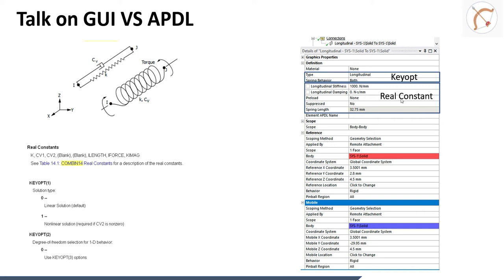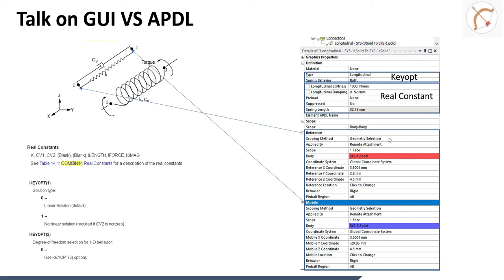If we compare to the left hand side, the first real constant is your stiffness value, that is K. Then comes the damping coefficient, and after that, if required, we can also define the preload to the spring connection. Next comes how we can correlate with the I and J node. The reference is your I node, and the mobile is the J node for the spring element.